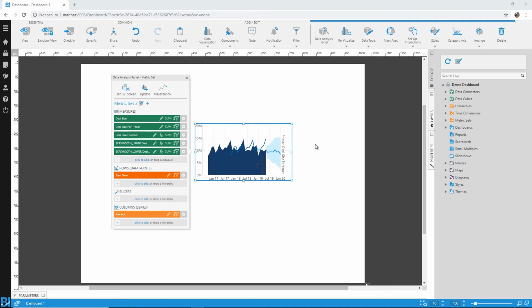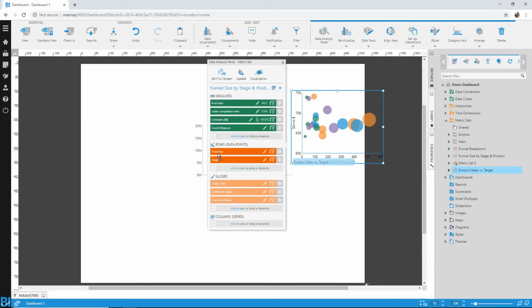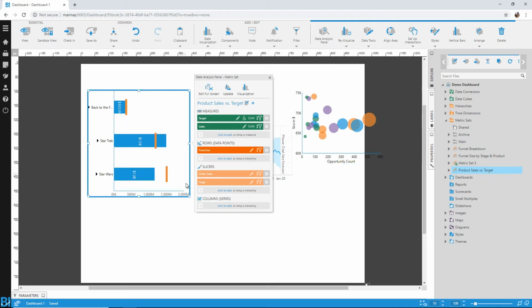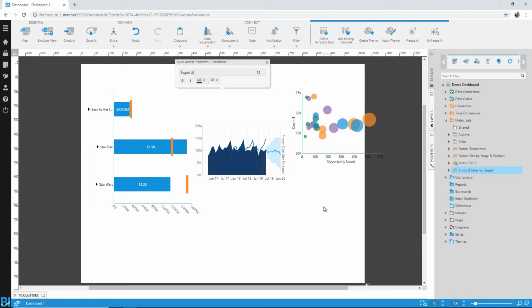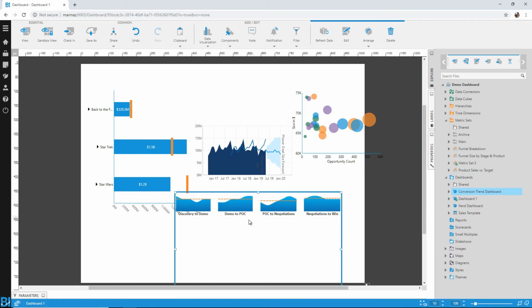If I want to drag in even more visualizations, I can browse my library of metric sets and drop the visuals I'm interested in onto the canvas. I can then reposition them and resize them wherever I want. And what's great as well is that I'm not limited to just adding visualizations to my dashboard. I can also drag and drop other dashboards onto my canvas. This really opens up the possibility for my dashboard design, not to mention the option for us to reuse our